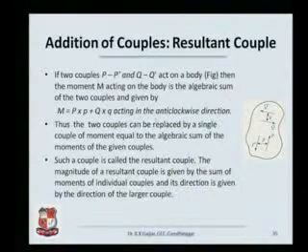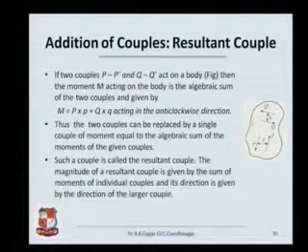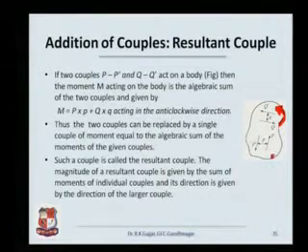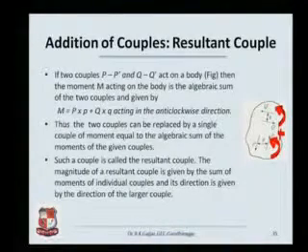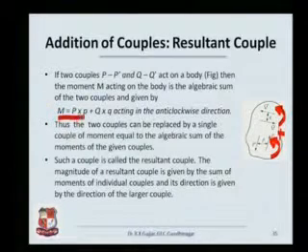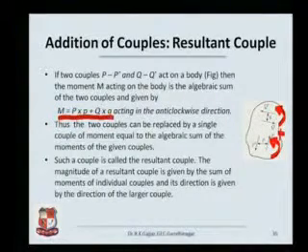Let us start, to make things simpler, with only two couples, P and Q. The two couples P dash and Q dash act on the body. The moment M acting on the body is the algebraic sum of the two couples found by these forces. Algebraic sum in the sense, now what is the direction of this couple? Anti-clockwise. What is the direction of this couple? That is also anti-clockwise. You just have to simply find out the moments and add these two couples. So as we can see very clearly over here, the resultant couple is going to have a moment which is equal to how much? P into P, Q into Q.